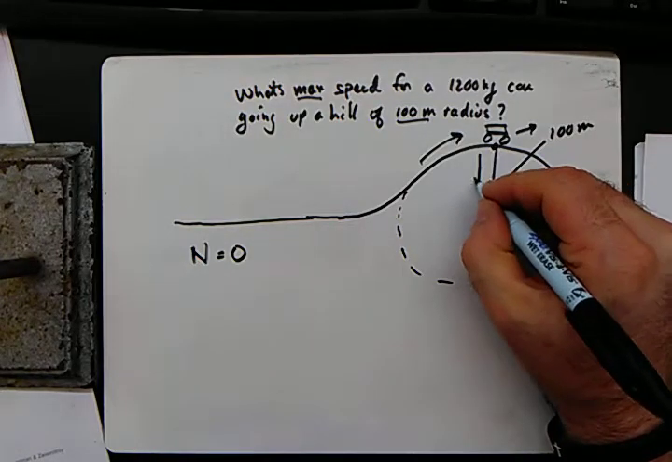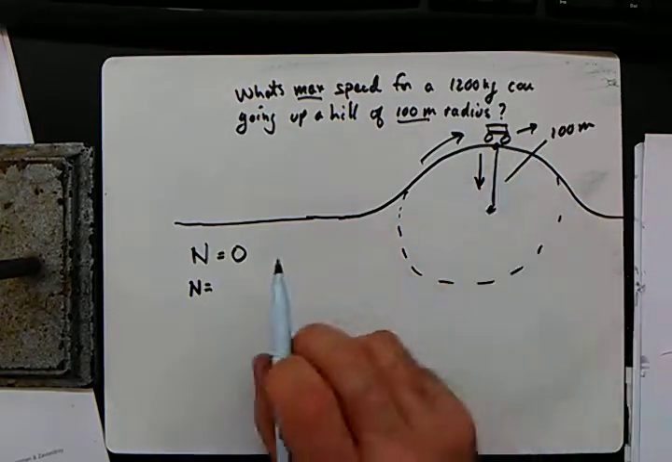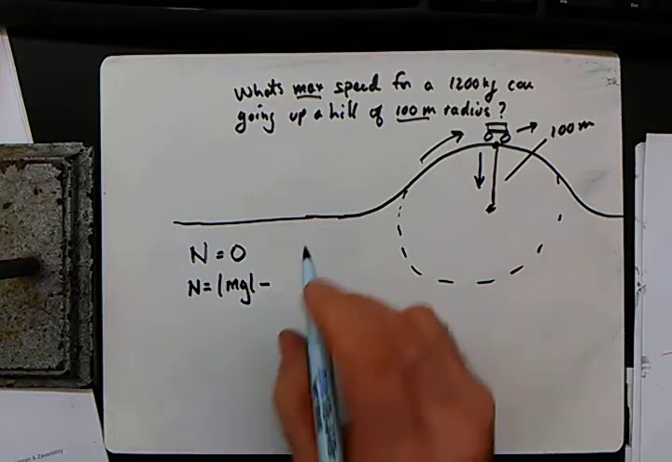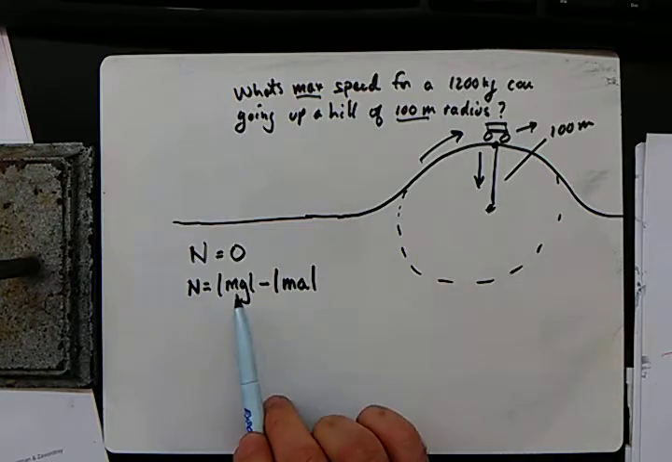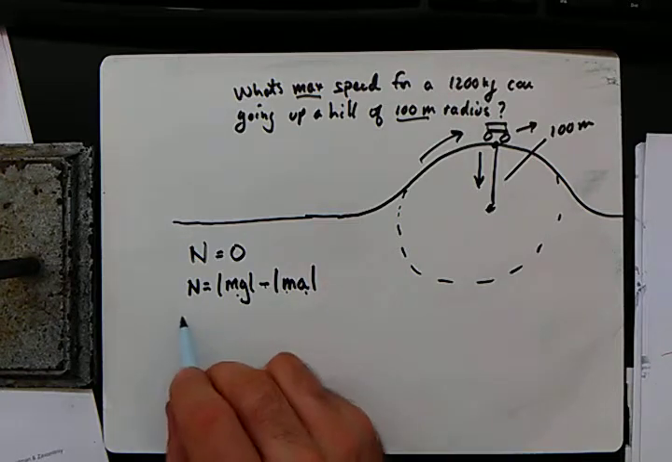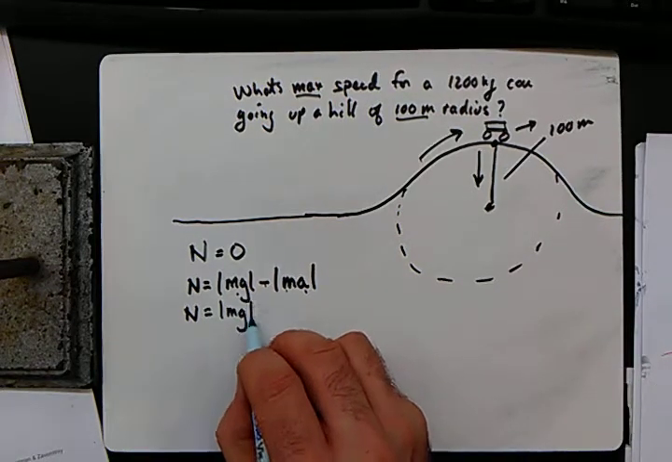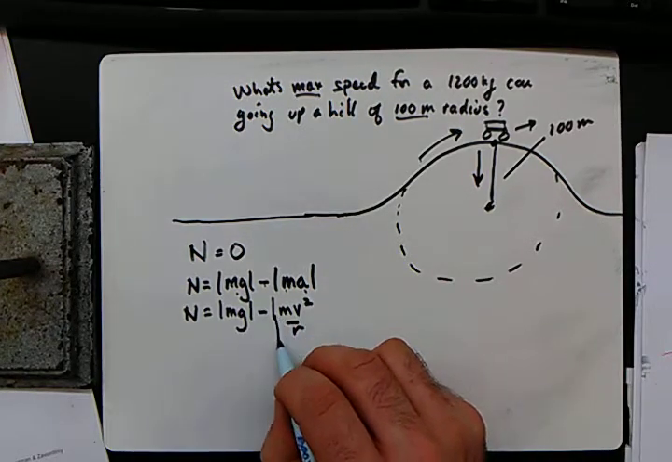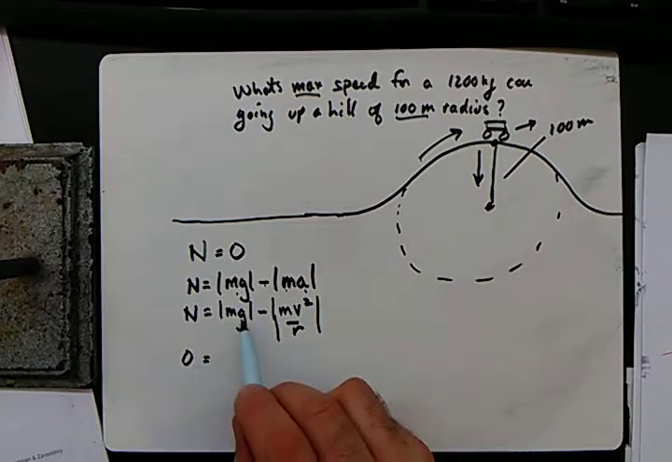Okay, so we already know that the normal force in a situation where the car is at the top of the hill is mg minus ma. The normal force is the gravitational force times the mass, subtracting the mass times the acceleration of the car. Now, we are looking for a velocity from here, so mg minus mv squared over r. Okay, so if we know that the normal force is 0,